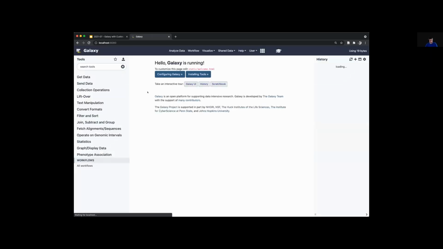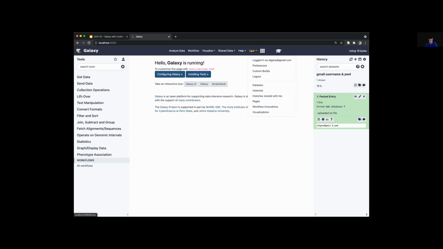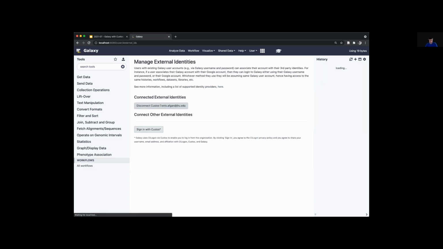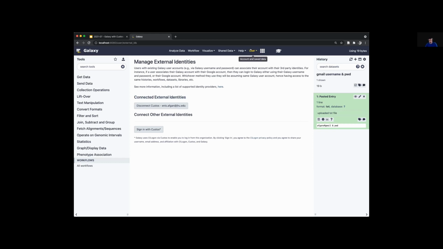I've actually done this quite recently in preparation, but it would have otherwise popped up the Johns Hopkins login account, which fortunately is not going to be shown here. It would ask me to log in using those credentials, and then redirect me back to Galaxy. If I go back to that same page, I can now see that this external identity has been connected with my account. And what I can do from now on, if I log out,